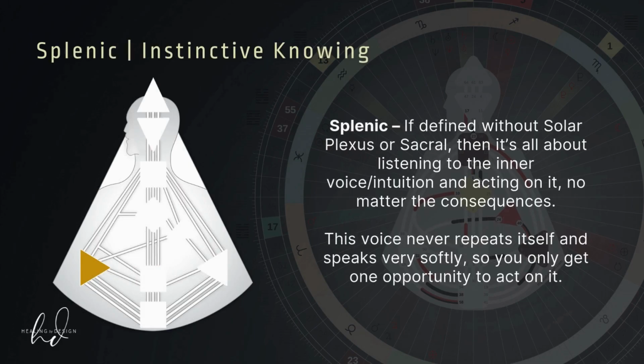Next, we have splenic authority. This is an intuitive or instinctual authority, or instinctive knowing: the inherent ability to know instantly whether something is good for you or not. Your splenic awareness means that your decision-making process is spontaneous but not permanent. Your finely tuned instinctive awareness can shift with the changing conditions of your environment and clue you in on what choices are most likely to keep you safe and alive.